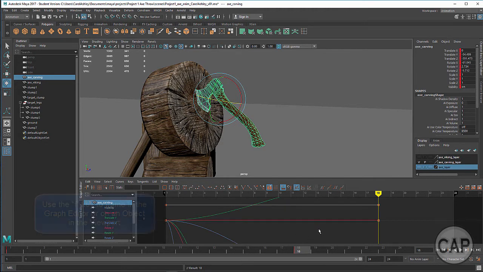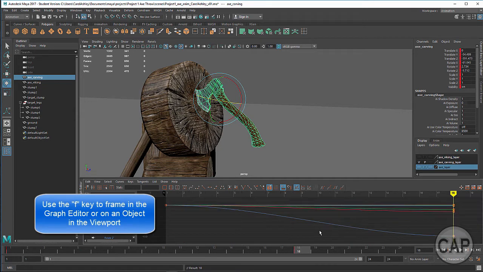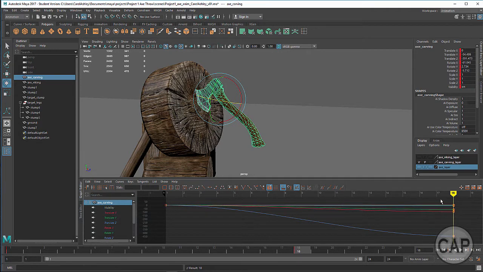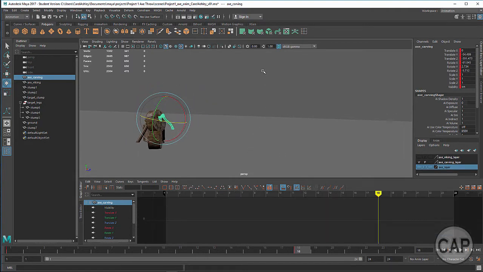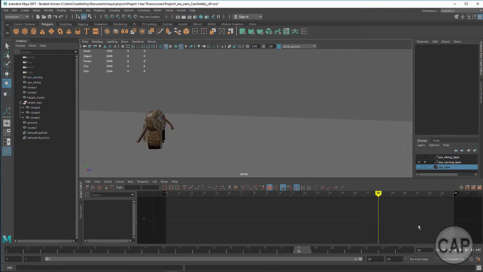Down here in my graph editor, I'm going to hit F and we can frame up on our keyframes. Okay, so we've got 2 keyframes on frame 1 and frame 18. Let's back out here and take a look at what we've got. I'm just going to click off on the background and we can see what it's doing. Okay, so it's just going from point A to point B, frame 1 to frame 18, and it doesn't look